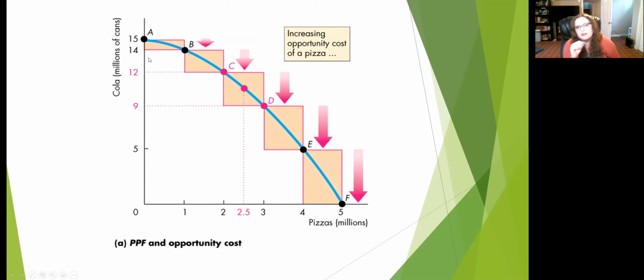So if we're literally swimming in soda world of 15 million, and we want just something to eat, we tell the people who are good at making pizza to go back to the pizza line. Well, then we're reducing the amount of sodas to 14 million because they weren't really good at making sodas anyways, but we get a lot more pizza. We're getting 1 million pizzas because the pizza people are back at the pizza ovens, right? So this opportunity cost is very little. We're not giving up a lot of sodas to make that first 1 million pizzas. That second million